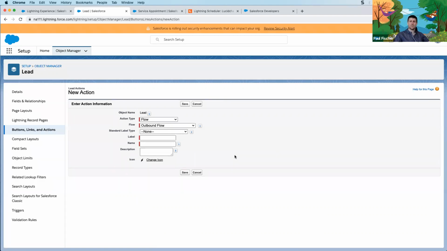Lightning Scheduler comes with a handful of flows, so you can see here the outbound flow. What that means is an internal Salesforce user scheduling an appointment on behalf of someone else. So the outbound flow is like the new, initially creating the appointment. You also have the ability to modify an existing appointment, which has its own flow as well. So if we wanted to, we could say, instead of schedule the new, we can say modify existing appointment